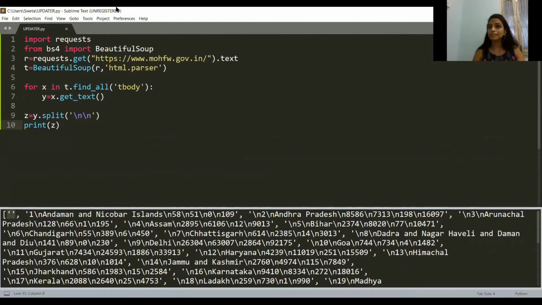Now what is slicing? Slicing is a way using which you can extract a part of a list from the whole list. Let me give you one example. Suppose we have a list here like this: A, 1, 2, 3, 4, 5. I can slice it like this. Suppose you just want to have the elements 2, 3, 4, and the indexes of these elements are 0, 1, 2, 3, 4. So you need to slice it like this.